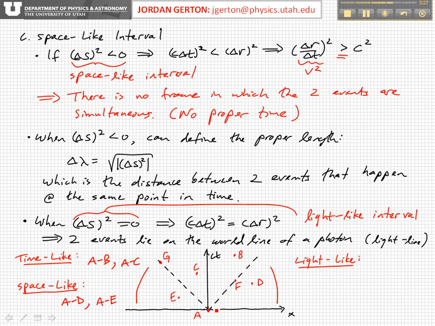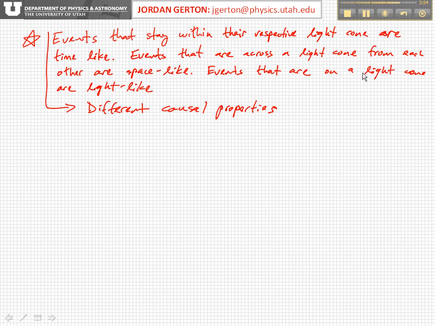And finally, those events which lie on the world line of a photon are light-like. So for example, AF and AG. Again, there are maybe others if you draw the light cone from other individual events. I've referenced this light cone to event A, but of course there are as many light cones as there are events. So to summarize what we just showed with the space-time diagrams,